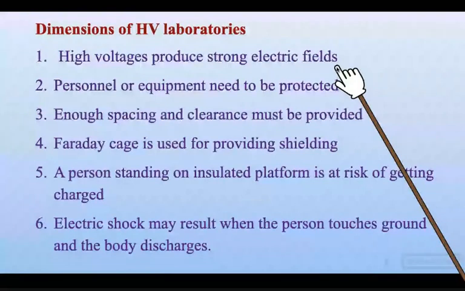Transmission towers carry maybe 3 or 6 line conductors, and they are at high voltages. If you visit thermal power stations, there also you will be able to see the high voltage substation part, where the voltage is 400 kV or higher. Even in some medium and large scale industries, the voltage levels are 132 kV, and so on.